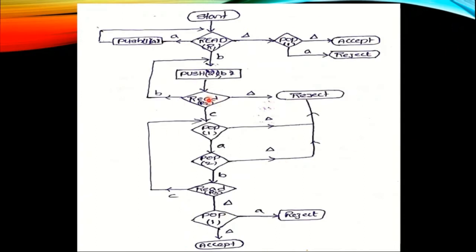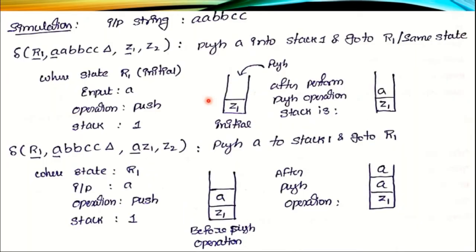So now we observe how to perform the simulation or tracing for this particular example, the two-stack PDA. From the given language we assume some string, for example n is greater than or equal to 1, so we assume the n value 2. Then the string derived from the language a^n b^n c^n, where n value is 2, is a, a, b, b, c, c.